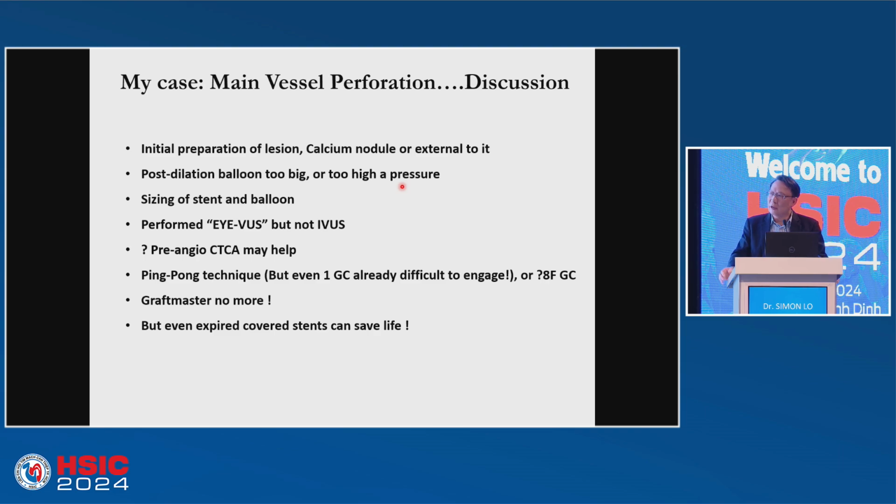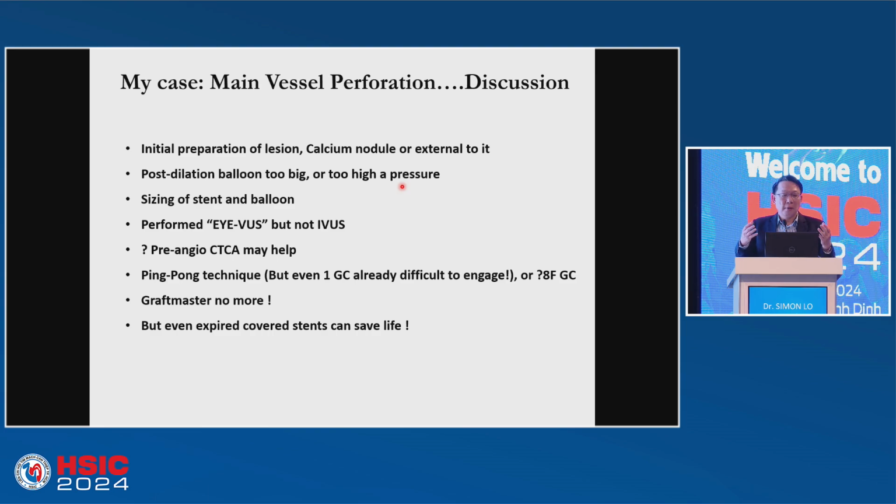What did I do wrong? Or what haven't I done? What have I forgotten to do? What should I have done, if I were to do it again? What else could I have done? You see? What about the initial preparation of the lead? In fact, I think the best thing is, I put this slide up, and maybe we can just discuss with the panelists and the audience some of these points that I have made here.